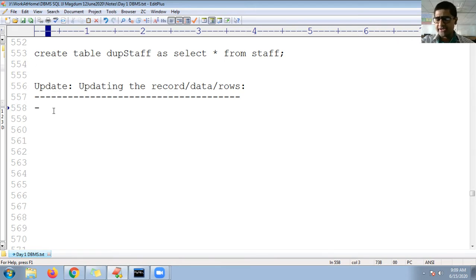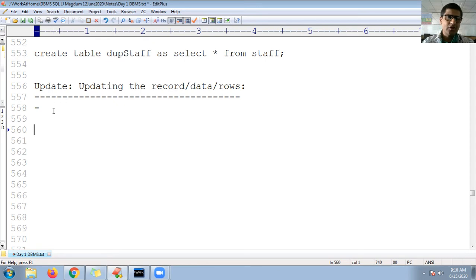Yesterday we have seen inserting the data into the database table. Now I want to update that already inserted data. Maybe I want to update all, or I want to update specific. At that time I can use the update SQL command. The update SQL command is used to update or modify the values of a specific column of the table. Whenever there is a need to modify the column values, you can use the update command. Or you can say you want to update the rows of the tables. At that time also you can use update.